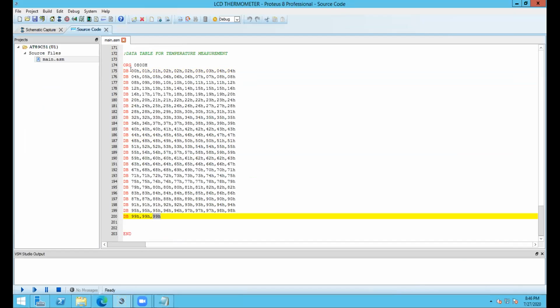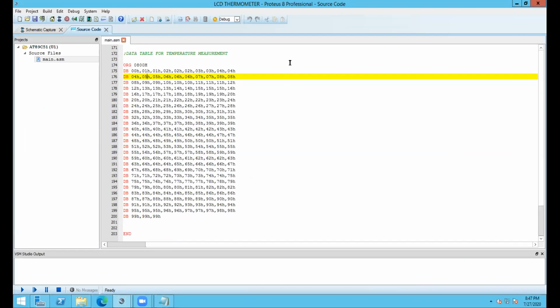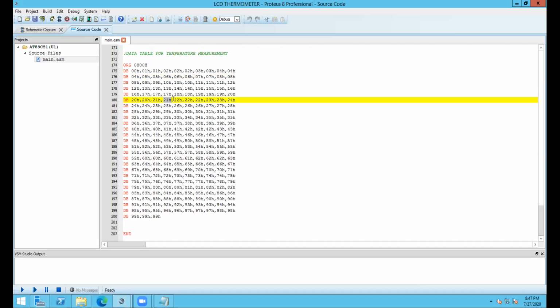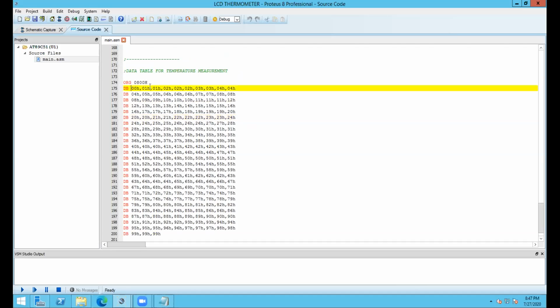Okay, here I have segmented it in a 10 by 25 sequence. You will see each line will have 10 values, 10 hex values. This is a lookup table, a simple lookup table. The compiler will just take the current hex value from the accumulator and pick the corresponding reading value from here. This is the reading value that needs to be displayed over the display. So for each hex value, say the hex value is 5, that will display the 5th value from here.